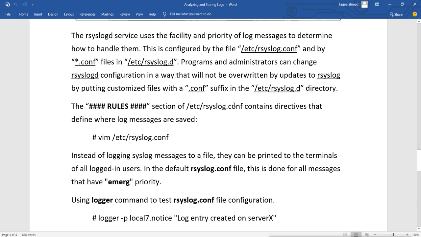Then there is the rules section in the rsyslog configuration file, which contains the directives that define where log messages are stored or saved.